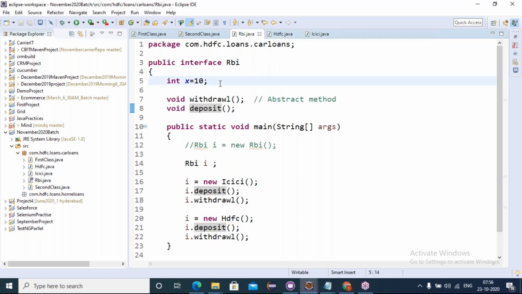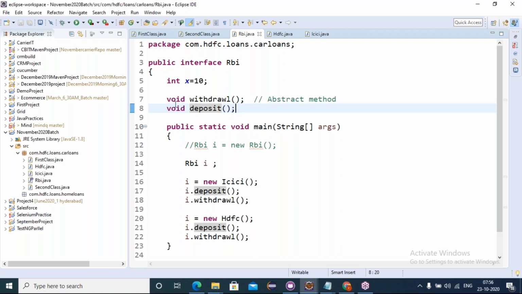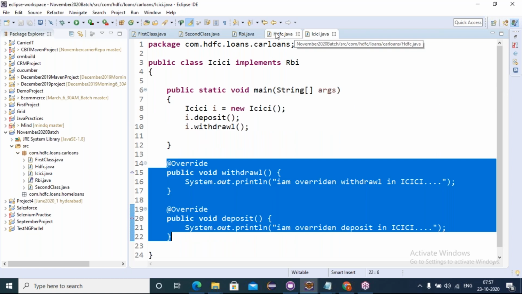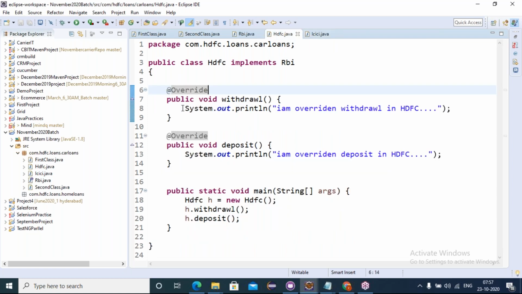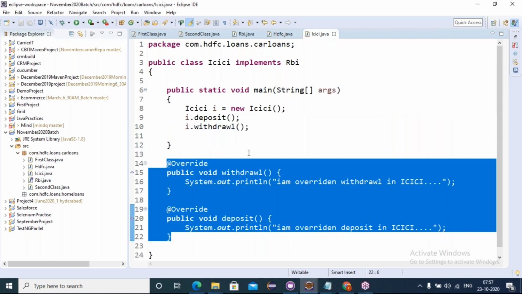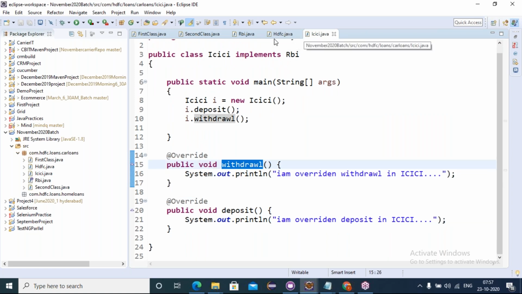HDFC has its own implementation for withdrawal, ICICI has its own, but both utilize the same service called withdrawal.